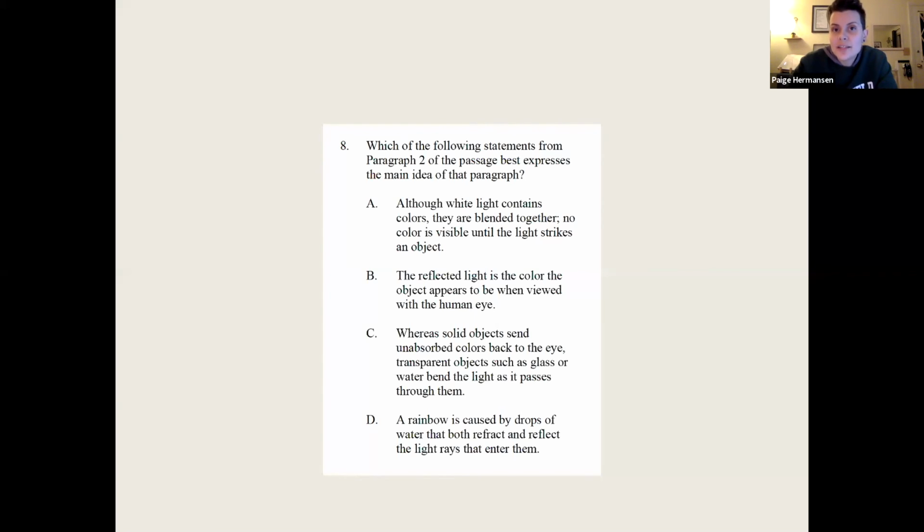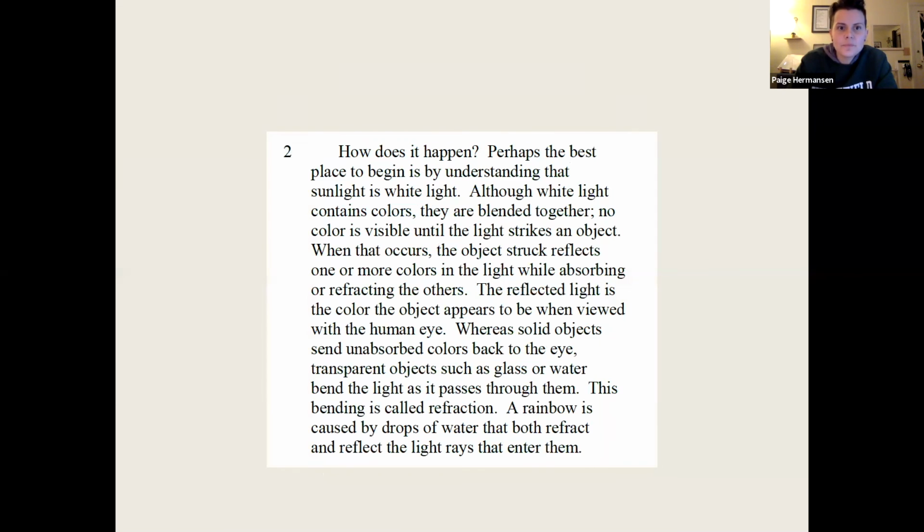Specifically, though, it's not asking the main idea of the entire passage. It's asking you for the main idea of paragraph 2. We already looked at paragraph 2, but let's go back and look at it again. So my memory of this question is that it is basically explaining the phenomenon of refraction, right? It's discussing what happens when white light, which doesn't have a specific color in and of itself, but is a blend of different colors, interacts with objects,